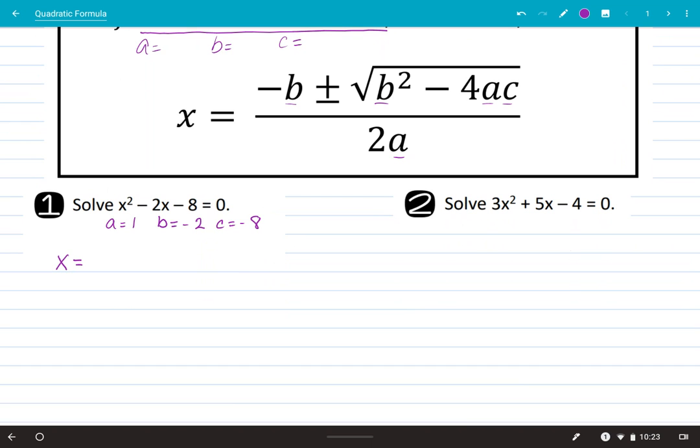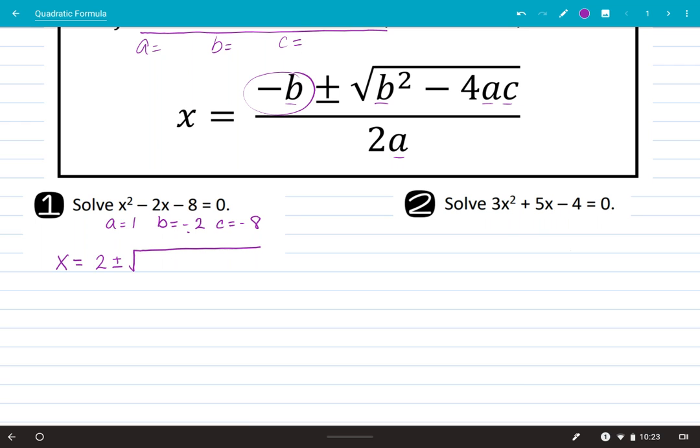X equals the opposite of b. I know it says negative b up here. I just say opposite because I've had students who get confused. Oh, it's negative already. I don't have to put it in. If you just say opposite of what your b is, it makes a whole lot easier for you. So the opposite of b is positive, plus or minus